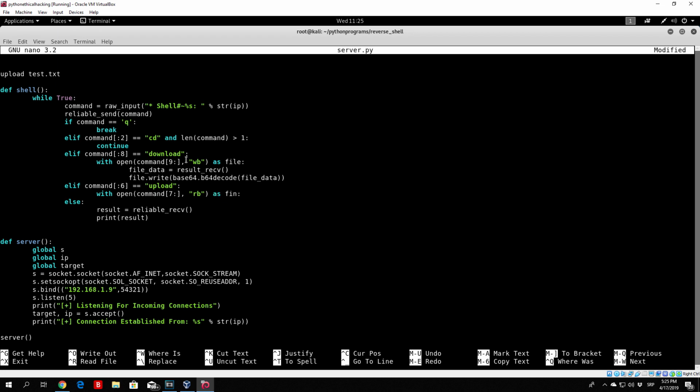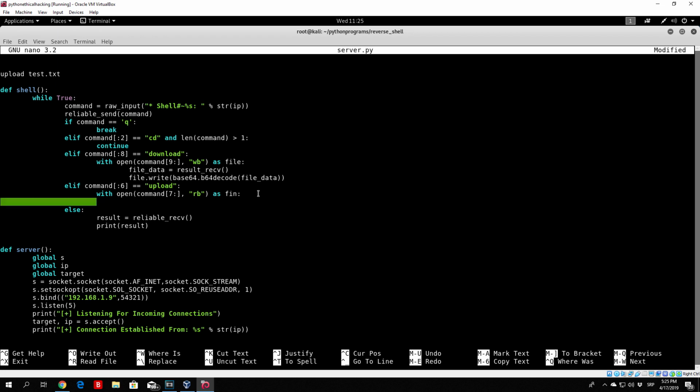It doesn't even matter, you can call it anything you want, as long as you make sure that later on you specify the write and read function the same name. So we open the file, and what we want to do right now is actually send the contents of this file. So we will use reliable_send, and now